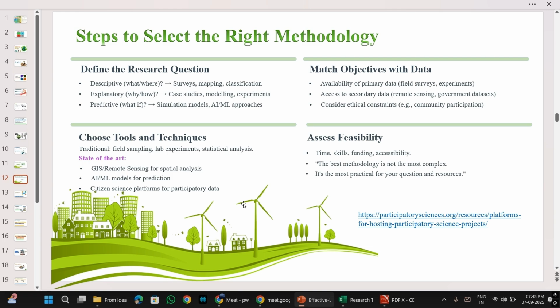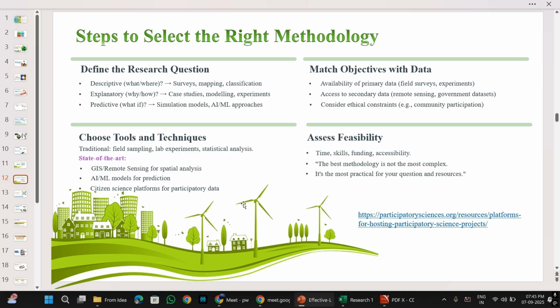So whether it is going to be like that, or whether it is going to be through what is the trend now. So what is the trend now? The trend now is using GIS data. Trend is using remotely sensed satellite data to study the spatial analysis, using artificial intelligence and machine learning models to predict what might happen with the environment in future. So these are the state of the art methods. These are something that is going on now. It is no more a story of the past. It is happening now in the present.